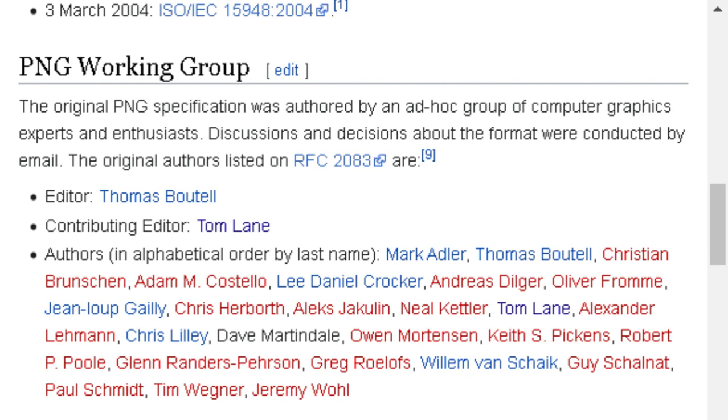Authors, in alphabetical order by last name: Mark Adler, Thomas Boutell, Christian Brunschen, Adam M. Costello, Lee Daniel Crocker, Andreas Dilger, Oliver Fromme, Jean-loup Gailly, Chris Herborth,